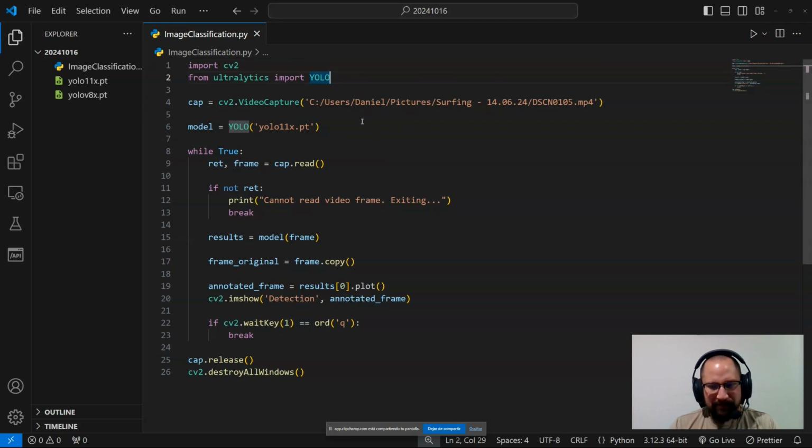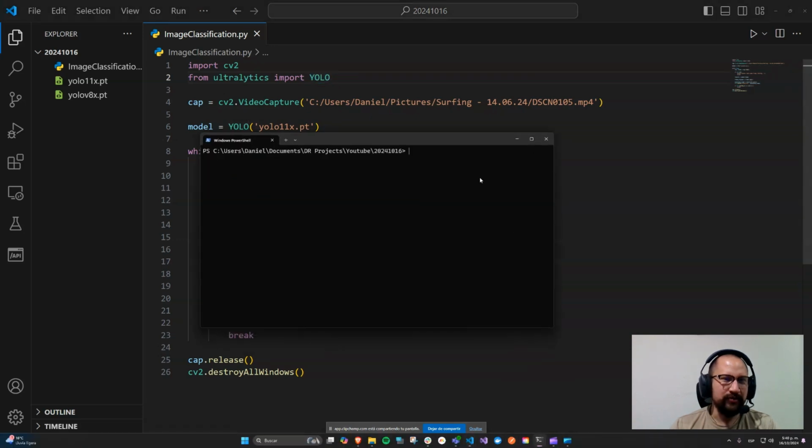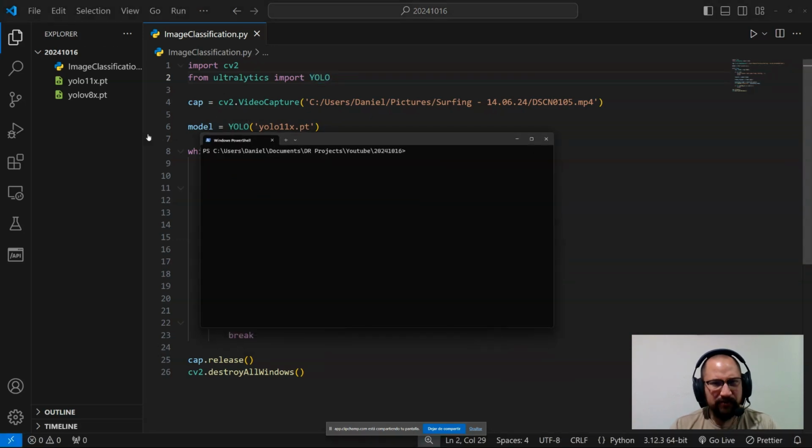And if this is the first time that you are using these ones, you need to install them first. And how to install them? You go to your terminal and use the command pip install. The first one is, let me take a look, it's opencv-python. And the other one is ultralytics.